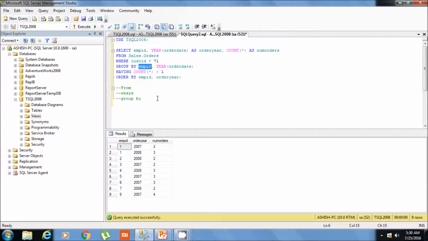Then comes the having clause. The having clause has a condition where the count is greater than 1. So now we have those orders of customer ID 71, grouped by employee ID and year of order, where the count is greater than 1.